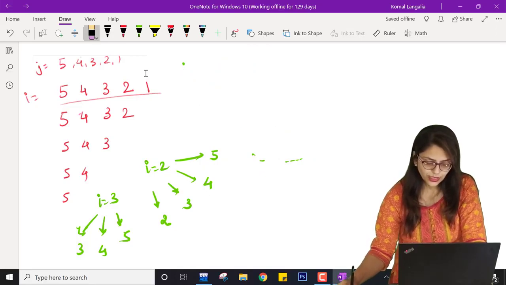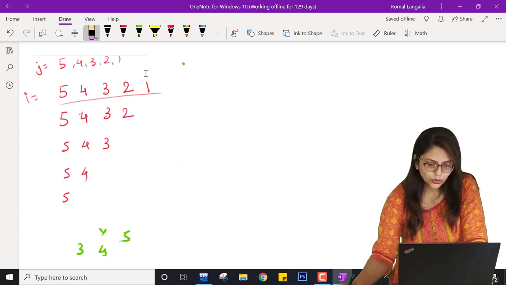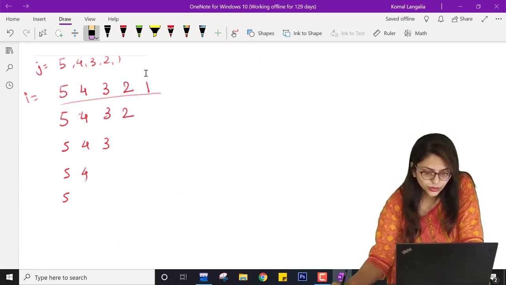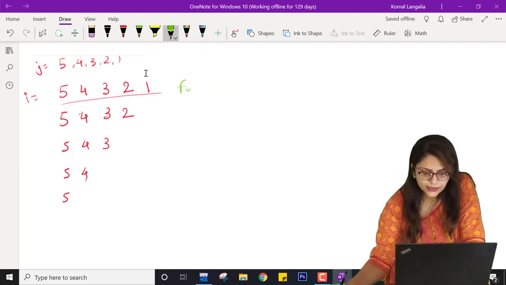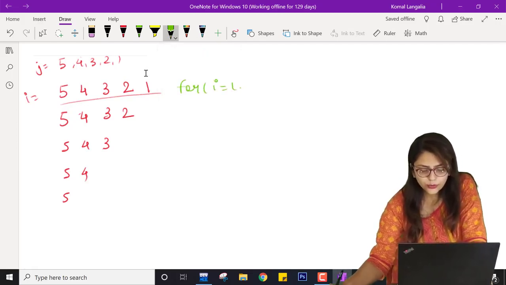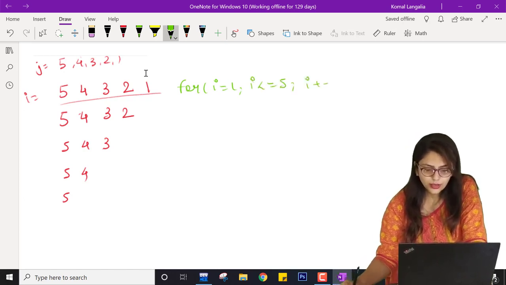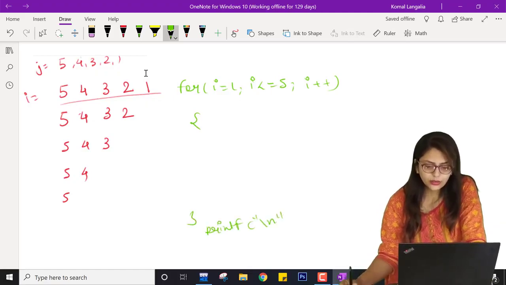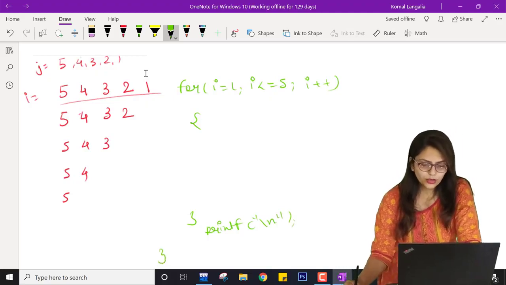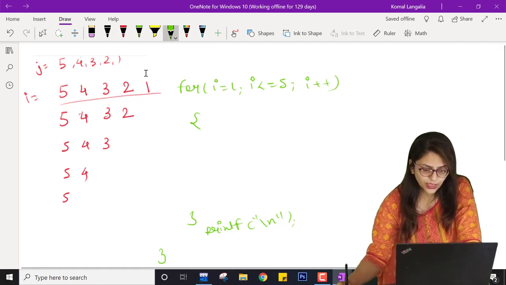And now I will show you how this pattern works. Let me write a code for that. First I know that i is starting with 1 and going till less than or equal to 5, i plus plus. Here after this I am going to write printf backslash n and here the loop ends. So this loop ends over here, so this should be erased.